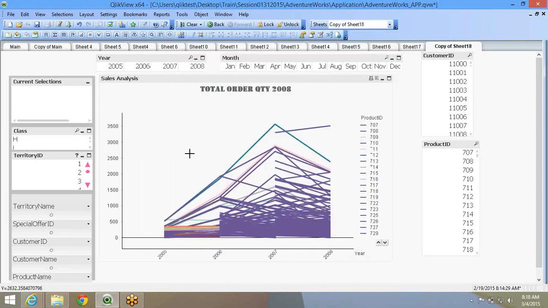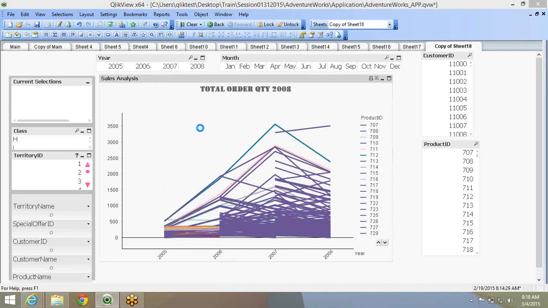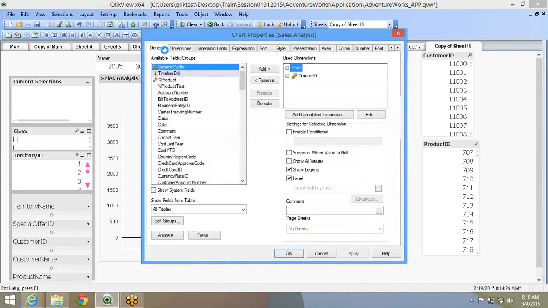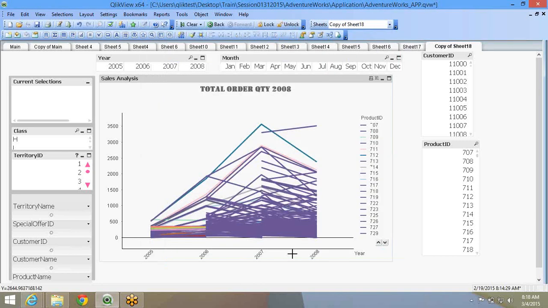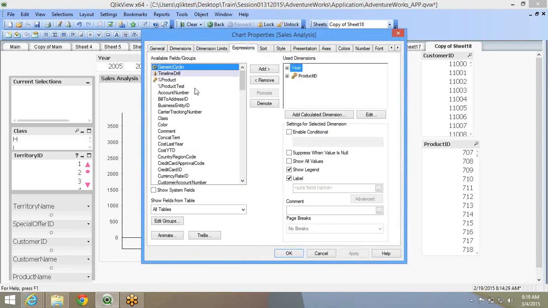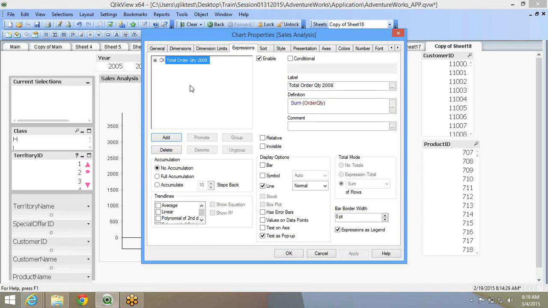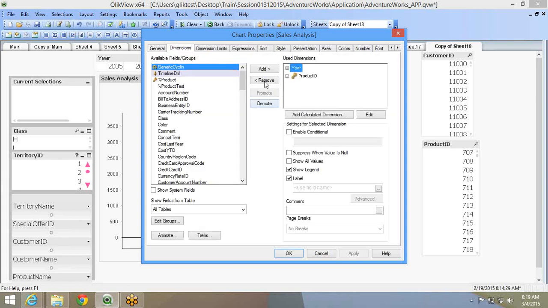The next chart type also has the entire properties same. If you go to the general, there's this bar combo chart. All the properties remain the same. So the bar chart, the line chart, all the properties remain the same. The only flexibility that you get in a combo chart is to choose what you want to represent. In the bar, I'm limited only to a bar chart. In a line, I'm limited only to a line chart. Now over here, I can choose what I want to represent.